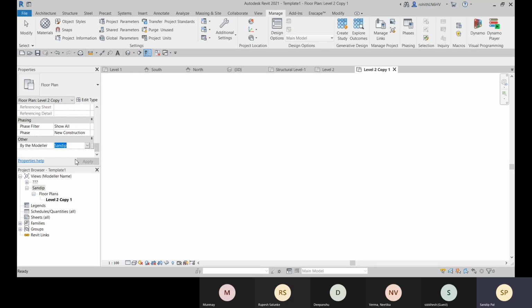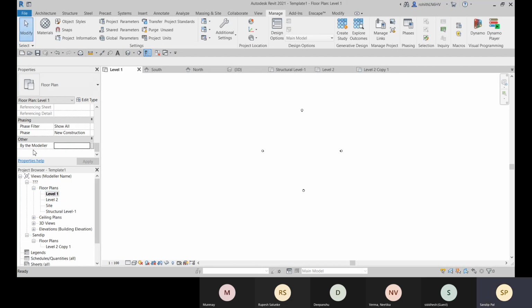Okay, and like this you can add for other floor plans also. You define these properties for these floor plans. Okay, so this is the view specific properties. Okay, so you will find out for all this.